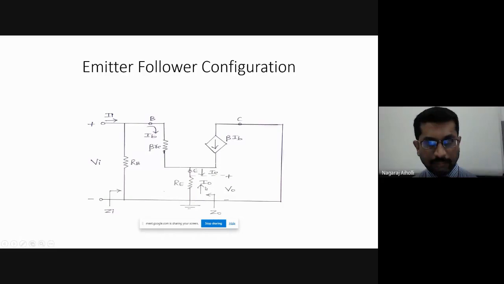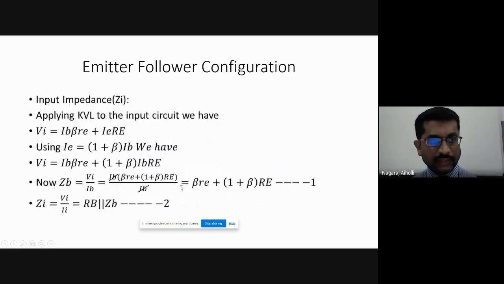IB into beta RE plus I naught IE into RE. That is what is written here. Vi is equal to IB into beta RE plus IE RE, according to Kirchhoff's voltage law. But we know that IE is equal to 1 plus beta into IB. If we replace this IE by 1 plus beta into IB,